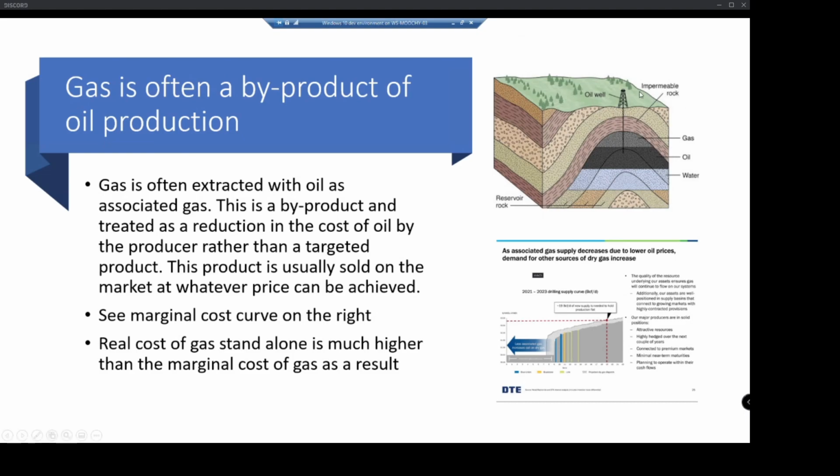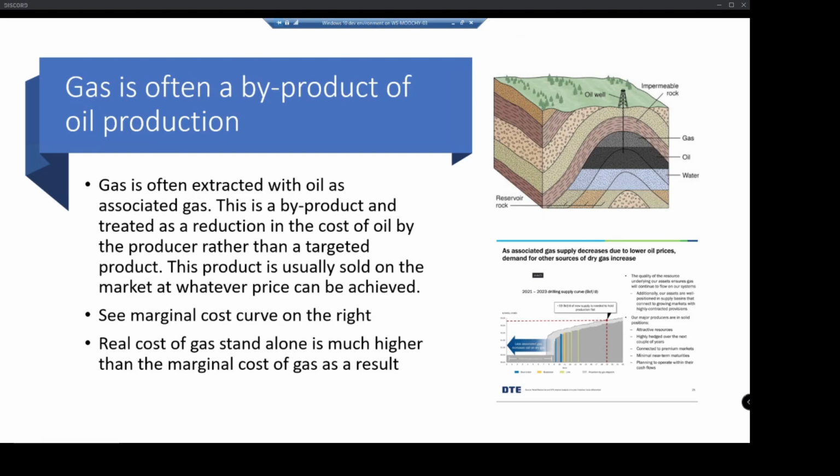What the oil guys are trying to do is drill into this black bit, but like a soda can, when you open it, gas comes out. So they drill into this, they get oil, but they also get some gas, which is effectively like the bubbles in your soda can. They also get water because it's all mixed in together. So the question is, what do they do with that gas? They're not targeting it, but it's sometimes a valuable product.